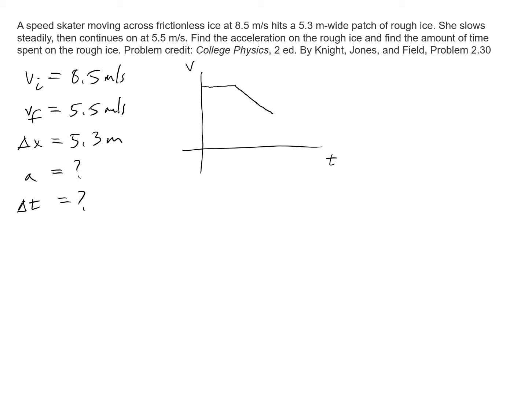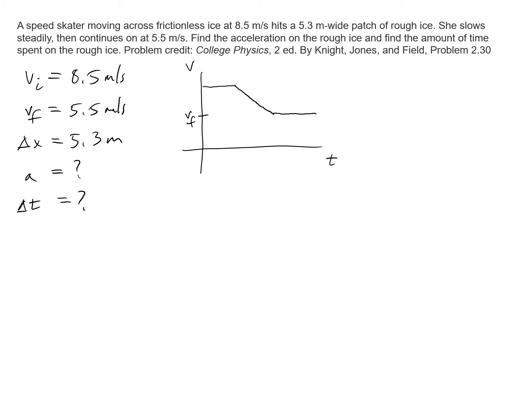So we're going to have some decline in velocity there. And then eventually she's going to hit the final velocity, down to this lower value, the 5.5. And then after she leaves the rough patch, she'll continue constant again. So this graph would represent a more complete view of how the motion looks. However, we should probably notice that